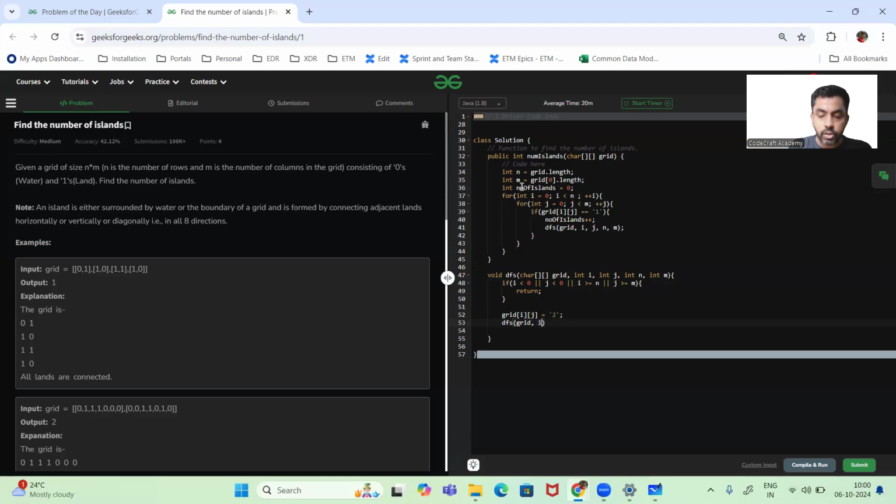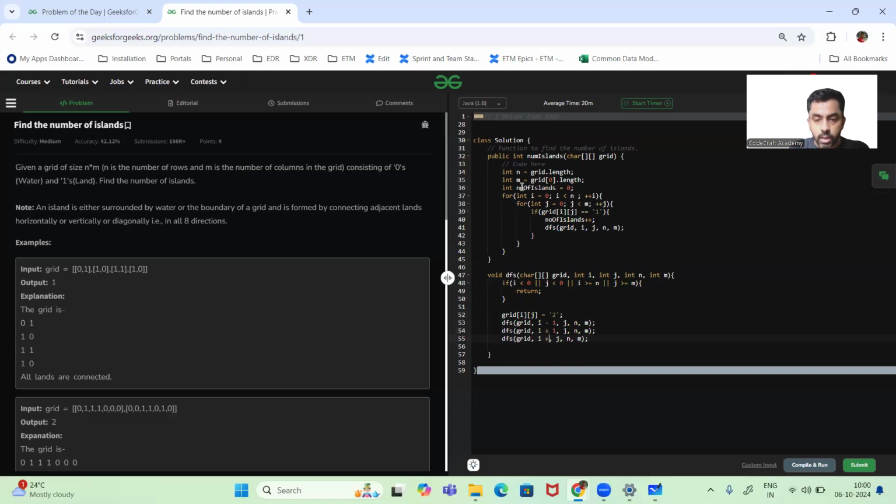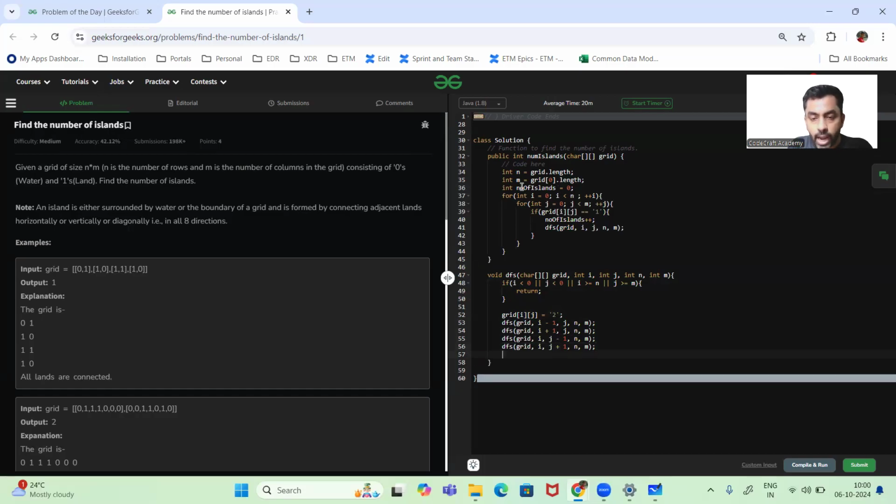Grid. First of all, let's go top, i - 1, j, right, will be as is, n and m. And then we have another, let's go bottom, then let's go left, j - 1. Then let's go to the right, j + 1, and now let's go to the 4 diagonals. For example, first of all, let's go bottom right,